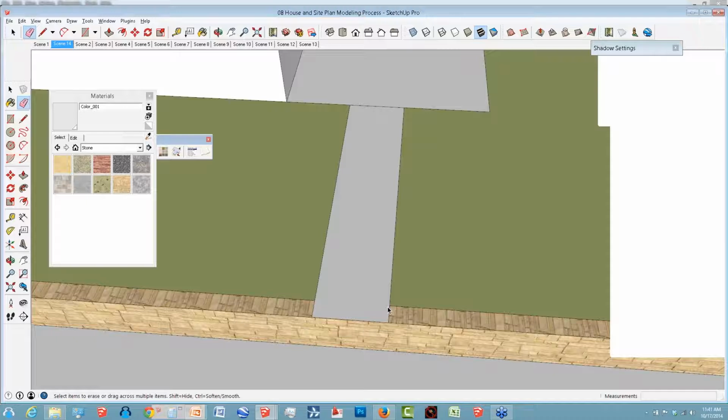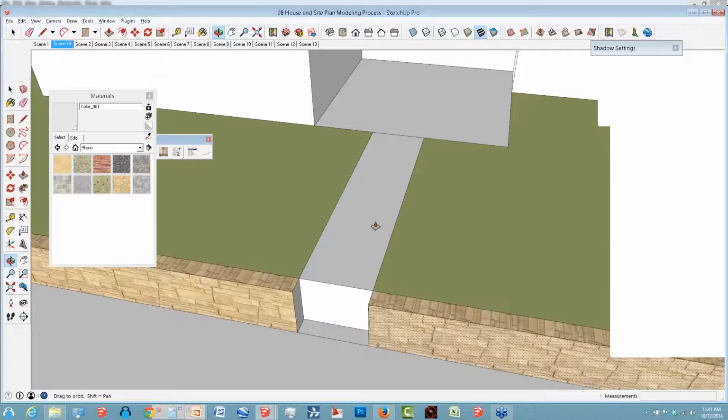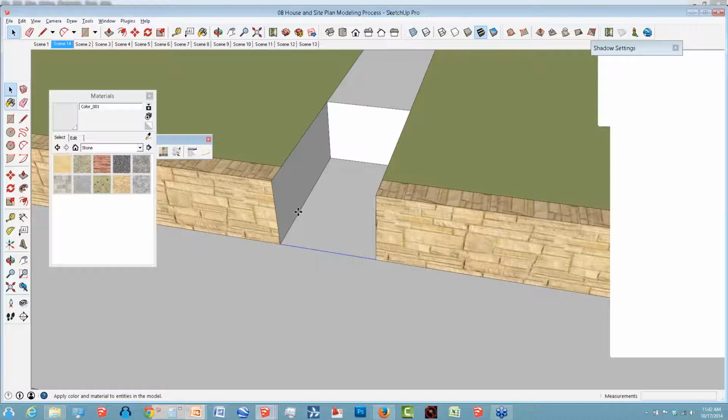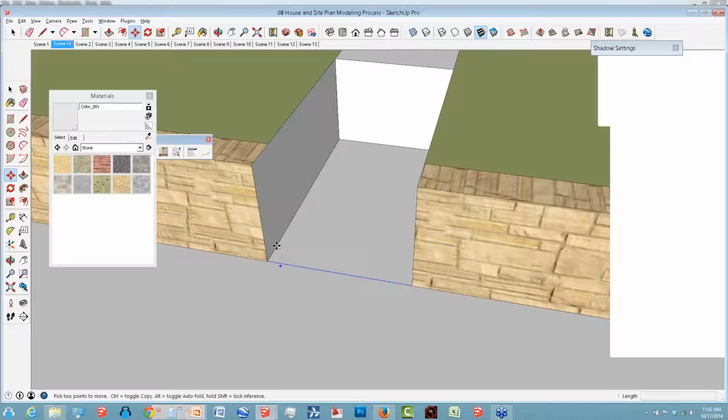And next we're going to add some walls to this. I'm going to extrude this surface down, and I'm going to push this back. And we're just getting ready to add the steps, and we just did a steps exercise. So I'm going to select this edge, and I'm going to use the move tool to copy it. So this is called the move tool. I have a whole set of dedicated tutorials to that. It's a really powerful tool in terms of what you do and how often you have to use it in SketchUp. If you tap the control key, it puts a plus sign next to it,